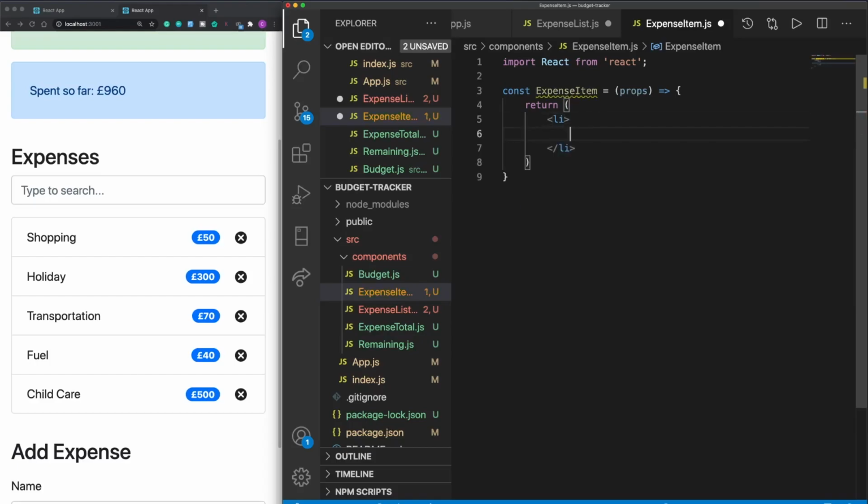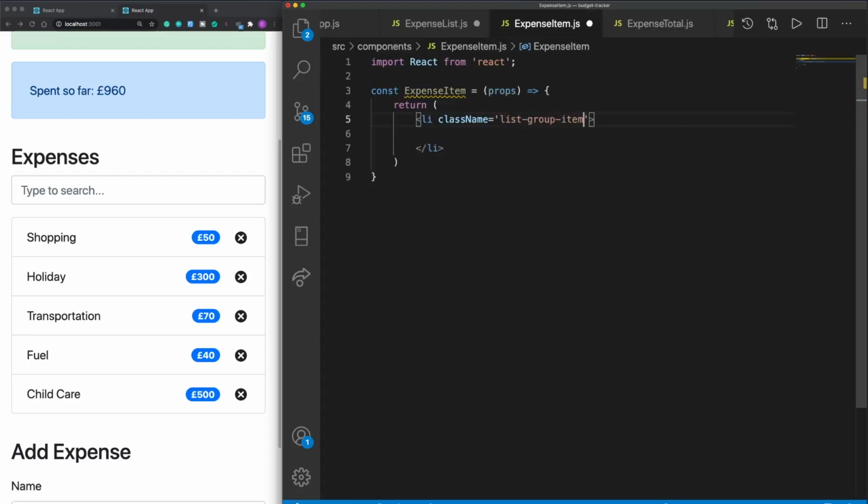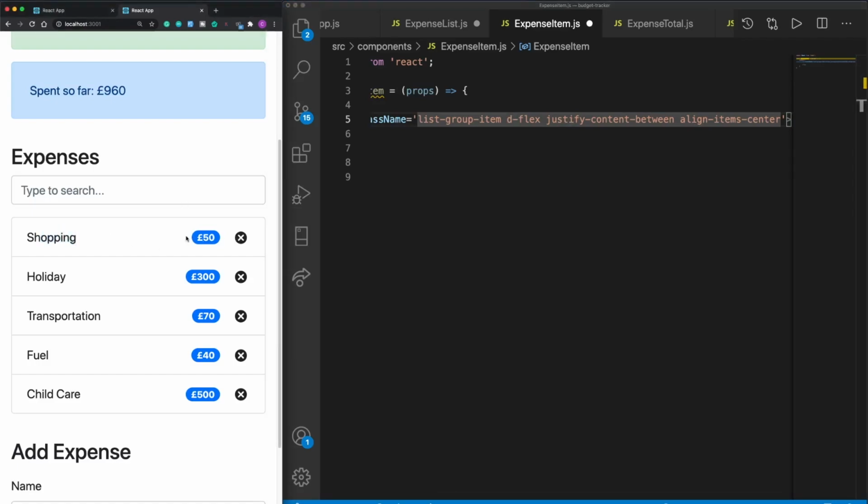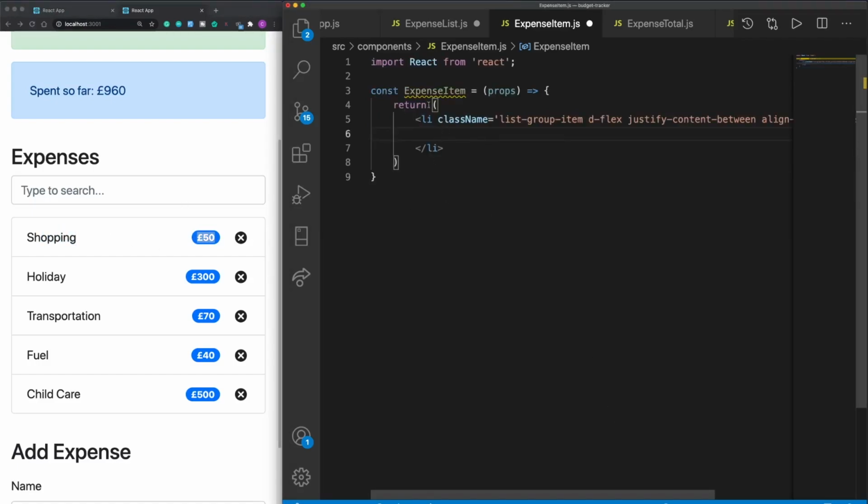Within this, we'll give this a className of list-group-item, and then we'll say d-flex. So this is a Bootstrap class that lets us say that this is a flexbox container, and then we'll say justify-content-between and align-items-center. So again, these are just some Bootstrap helper classes that let us align things as we see them in the complete example here. Okay, so within our li tags, we want to open some curly braces and type props.name, like so,